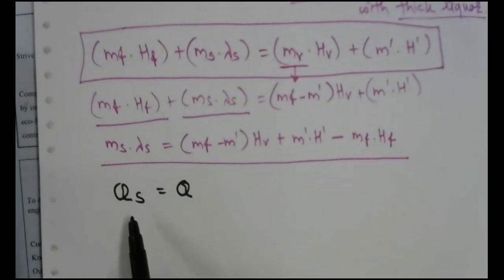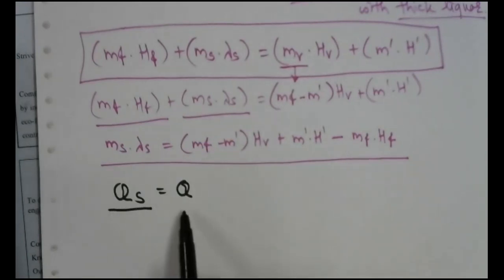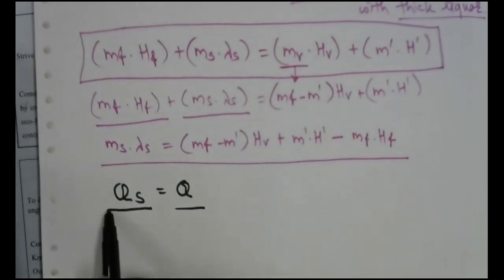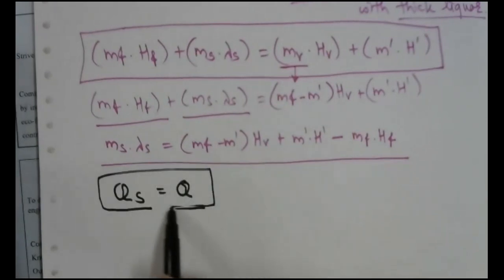And in that evaporator, the water is going to evaporate due to the boiling point, and then the concentration is going to increase from W1% to W2%. Then we get the thick liquor. But we are talking about only heat. That is why this heat is given out by the steam and it is the heat gained by the feed. So we can also write Qs is equal to Q. That is another heat balance equation for a single effect evaporator.